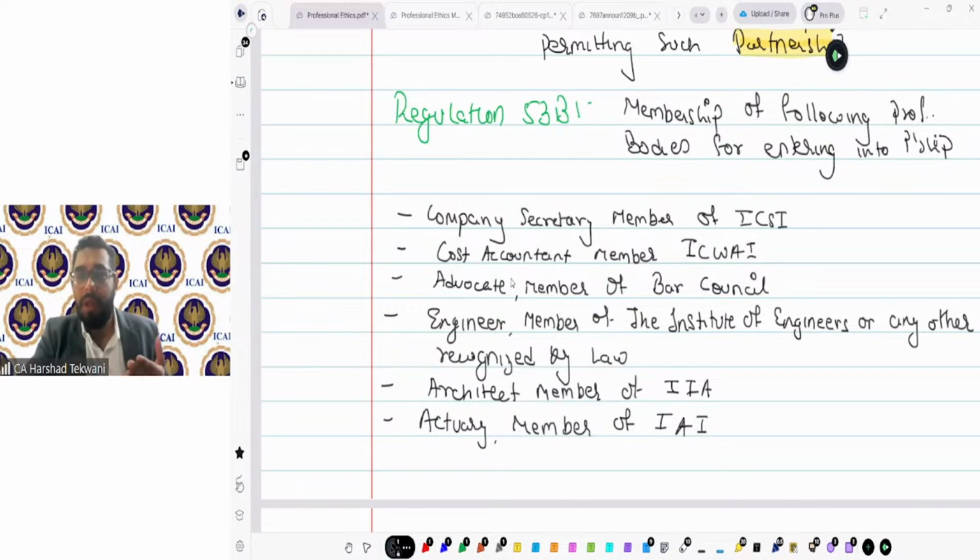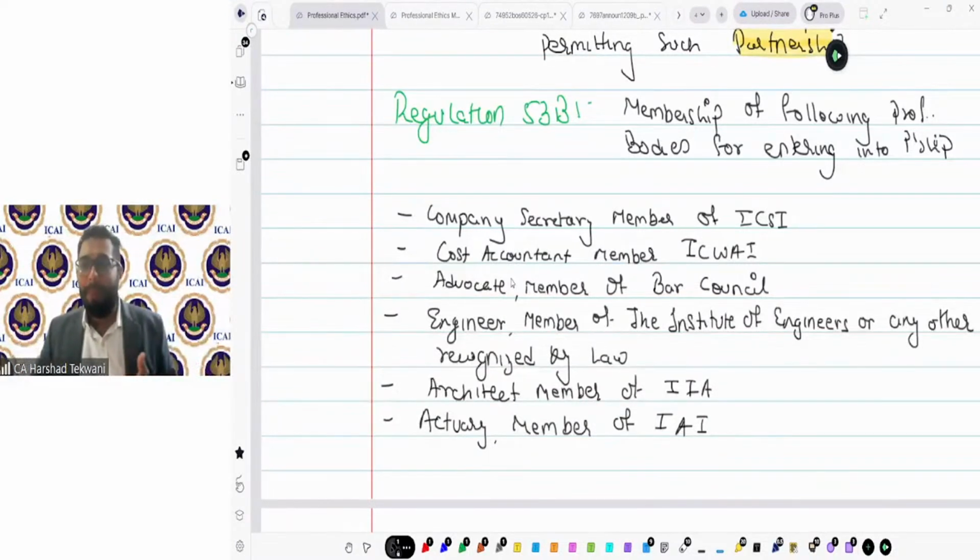So, as we understood, clause 4 says that a chartered accountant in practice can enter into a partnership in or outside India with specified persons, but not with any other person other than a chartered accountant in practice or such other person who is not a member of any professional body or having such qualification as prescribed, including a resident. The resident is also covered under this particular clause, so residents are also there, even a registered member who is resident abroad is also covered.